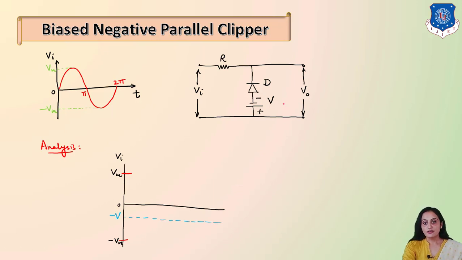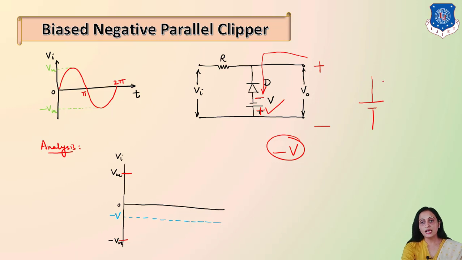You will find the reference voltage over here is V, and the polarity is such that here it is minus and here it is plus. The output voltage which we are taking has the polarity plus minus like this, and we have to consider the polarity with reference to the output voltage only. Because the plus of the output is connected to the minus of this reference voltage, we will consider minus V as the reference voltage.